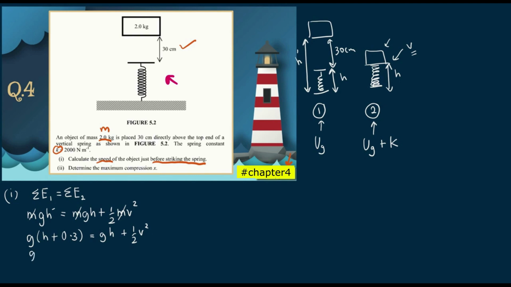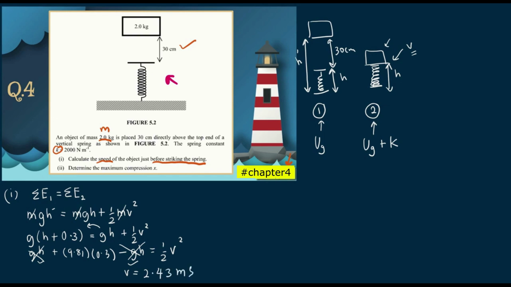So expanding the equation, you will have gh plus g is 9.81 times 0.3. You bring gh to the left, so it's minus gh equal to half v squared. So gh with minus gh you can cancel out. Then you can calculate your velocity. Okay, so using your calculator, you will have your velocity as